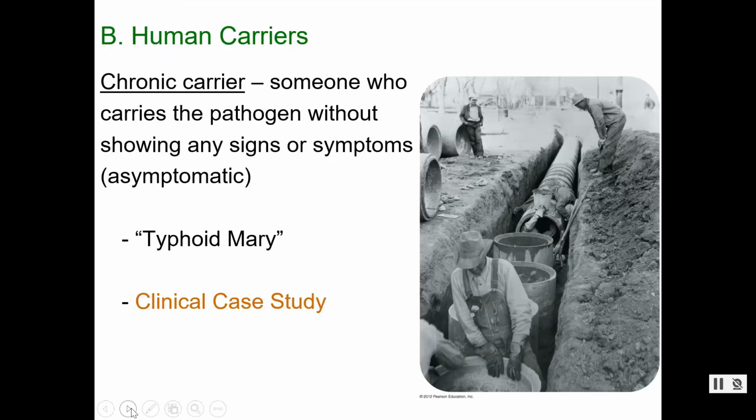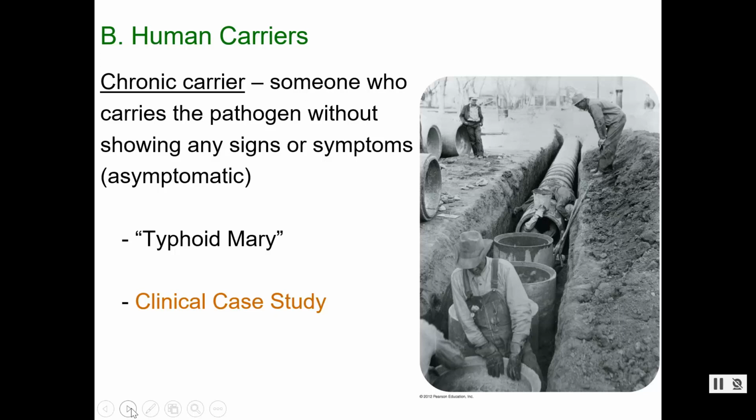Okay, so where else? Zoonotic diseases, animal reservoirs. That's one place pathogens can be hanging out. Another place that pathogens can hang out before causing a disease is actually in some humans. Some humans can carry the pathogen internally or externally and not show any signs or symptoms of the disease. This is also what we're seeing with COVID-19. You may not come down with signs or symptoms, or your symptoms may be so mild that you don't even know that you have this disease. But yet at the same time, the virus is still with you and you can still spread it around.